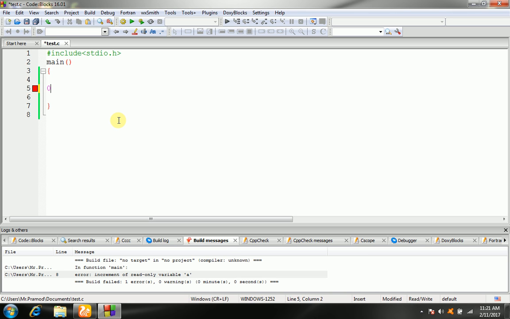But 0689 is not legal, as 689 is not an octal value. 032uu is illegal, since a suffix cannot be repeated.